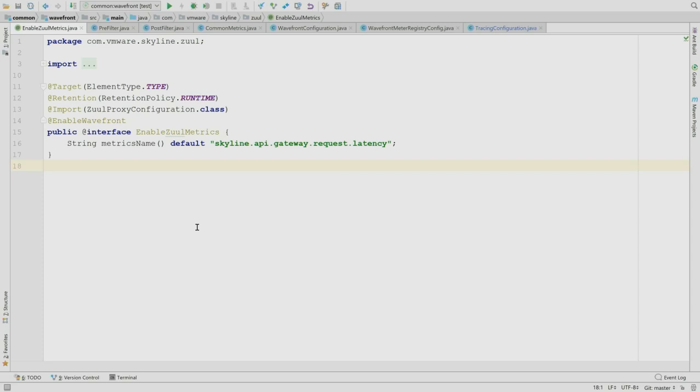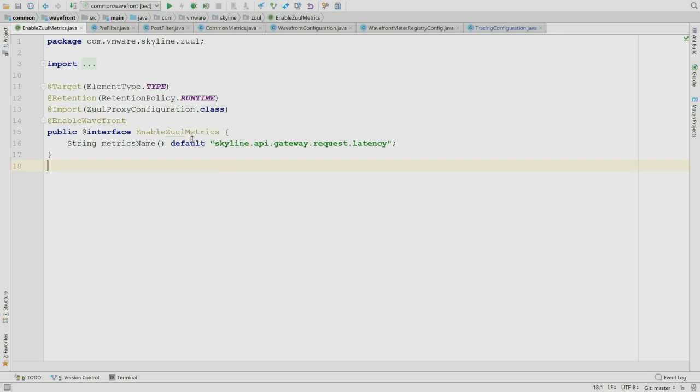And we also were able to implement some pre-filters and post-filters. For those of you who know Zuul and use Zuul, you know that it's quite powerful and it's open. You can hook up pre-filters, you can hook up post-filters, and we use exactly this functionality. So we really try to build common libraries that can be reused in each of our services. So we just do it once, and whoever wants can consume that.